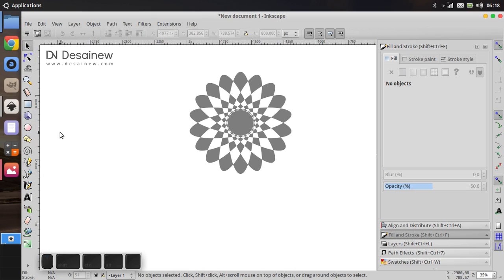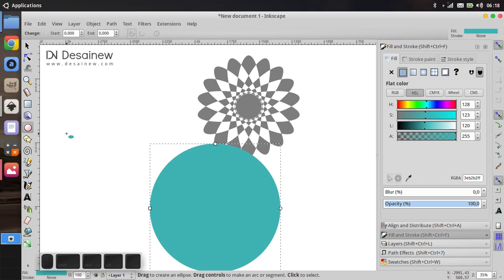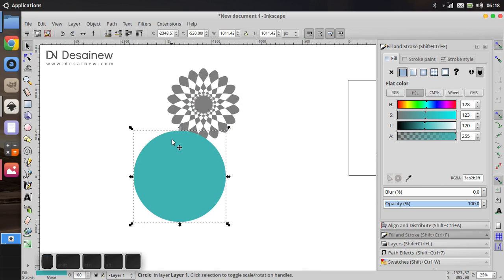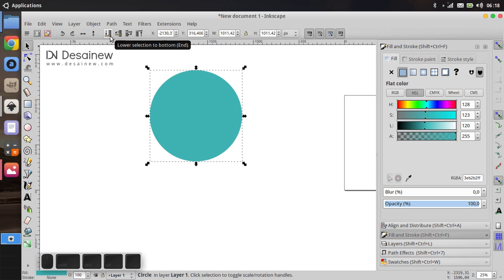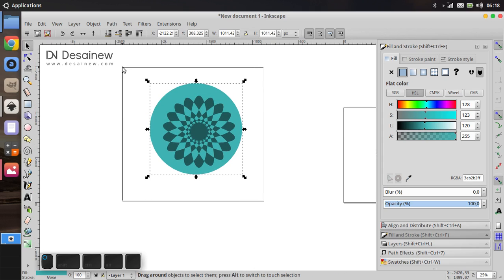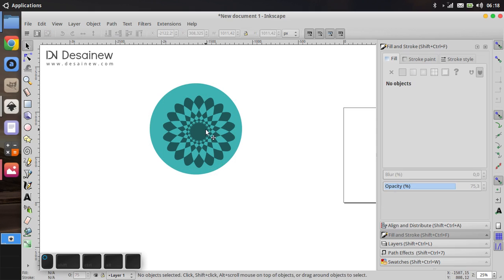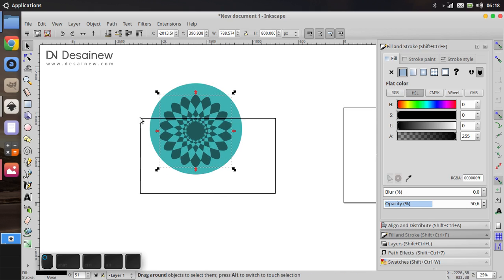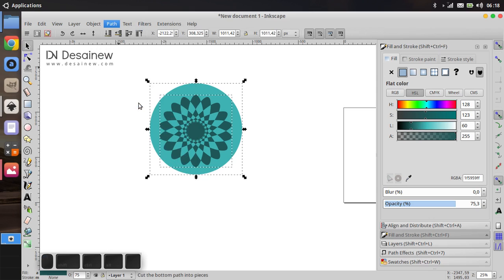Okay, for the next step we create a large circle object, a big circle object, and then click Lower Selection to Bottom and select all objects and click the Path menu and choose Division.